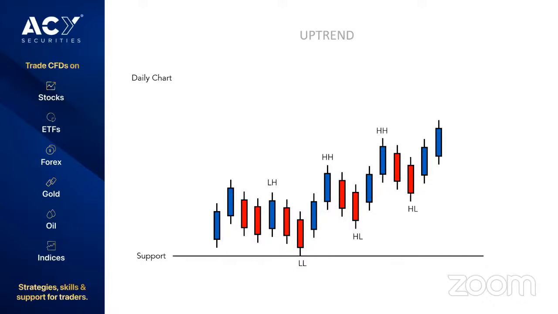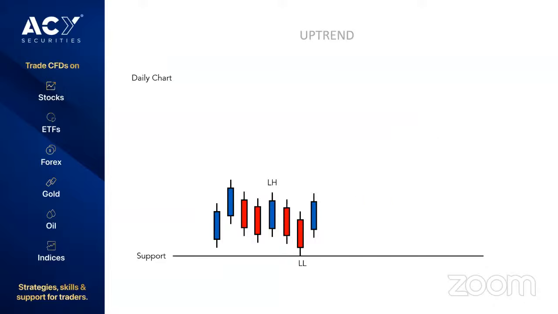Often a new uptrend will form once we've hit a level of support. Not always. Sometimes a new trend can start without hitting support, but often we'll hit support, and then from support we get a series of higher highs and higher lows forming. So an uptrend will start to form. Maybe we come down to support, and at the moment we have a downtrend because we have a lower high here and a lower low, and then price starts to move up day by day. Now, an uptrend starts to form when we trade above the last lower high.